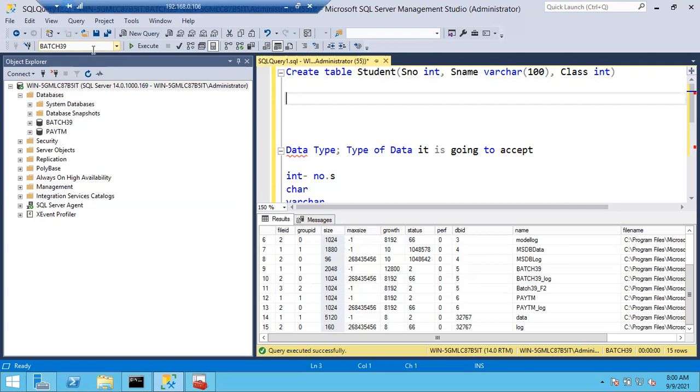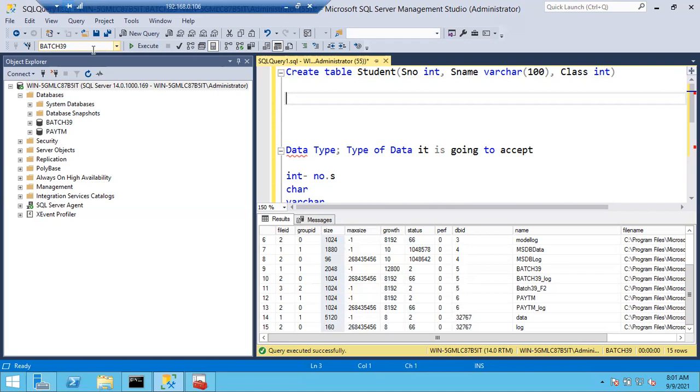See, in the master database, first thing, you cannot store user related tables and all. The master database is completely dedicated to SQL Server metadata information. You can create tables, it won't stop you, but we are going to follow some standards. We don't usually create any user tables in the system databases.